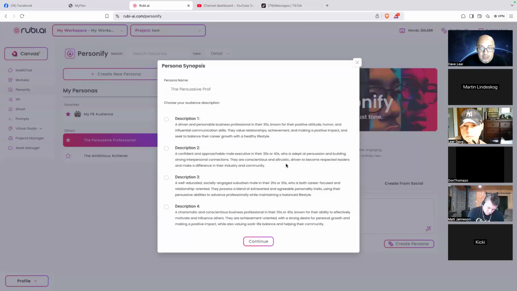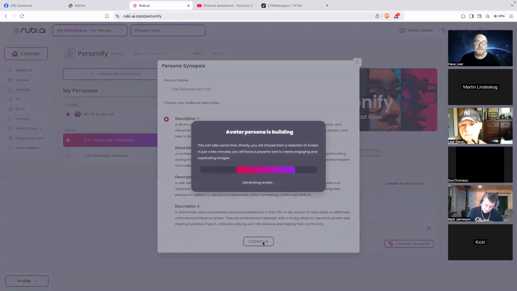They're conscientious and altruistic, driven to become respected leaders and make a difference in their industry and community. All right, let's say I choose description 1. I want him to be this way. So the avatar persona is building. This is very, very useful if you want your chatbot to sound or represent a specific personality.